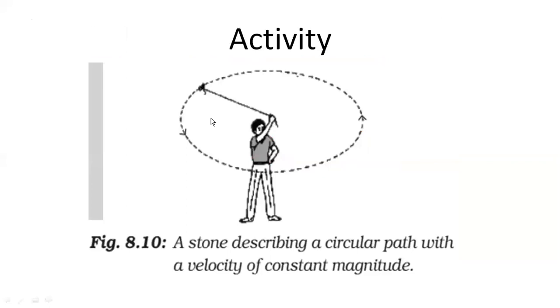Now let us go for the activity 8.11. Okay, activity 8.11. So it's a simple activity in which some things we have to understand. This boy has used a string, ठीक है, एक धागा, a string, and he has attached a stone to that string, ठीक है, and what he's doing is he's whirling it around. Whirling it around means what? He's moving that stone in a circular direction around him. With one hand he is able to move that stone in a circular direction.